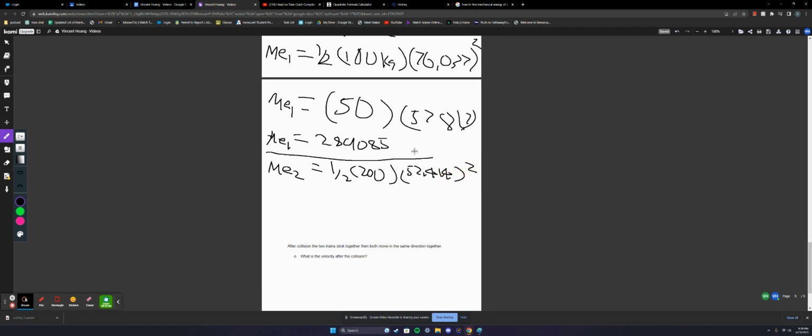And now just solve it out. 1/2 times 200 is 100 times 52.414 squared is 2747.2. Then we know ME2 is equal to, multiply those two together,